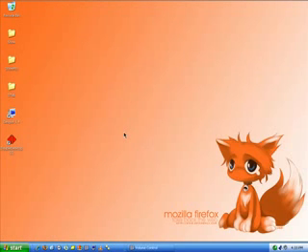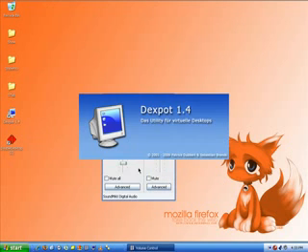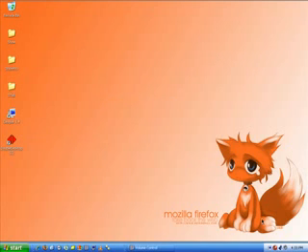Virtual desktop. You can have up to 4 virtual desktops for your work, and for example, if you use several applications at the same time, then virtual desktop is a must-have free utility. And I got a free software. It's called DeskSpot. It is a virtual desktop software. So I'm going to run DeskSpot right now, and this is DeskSpot 1.4, and as you can see, the little tool over here is DeskSpot, and I'm going to run Mozilla Firefox,